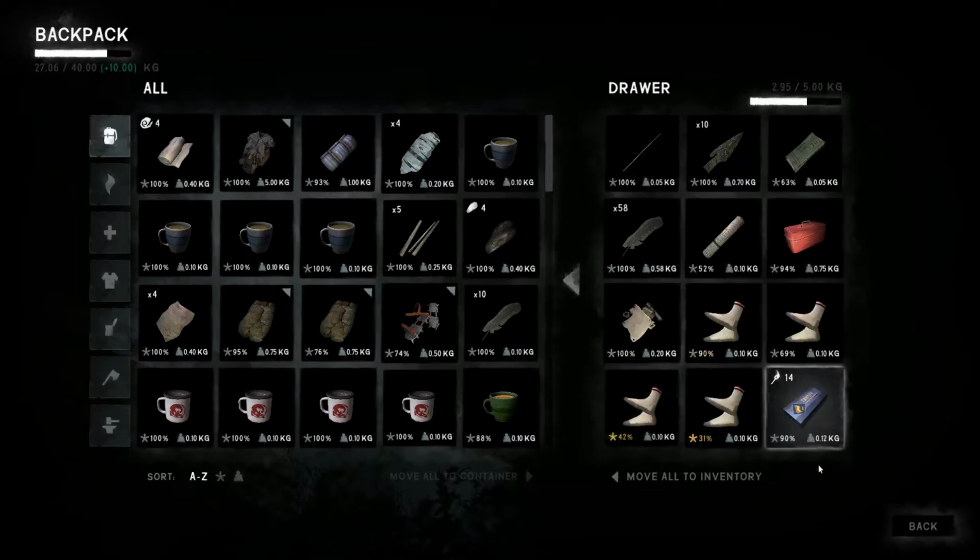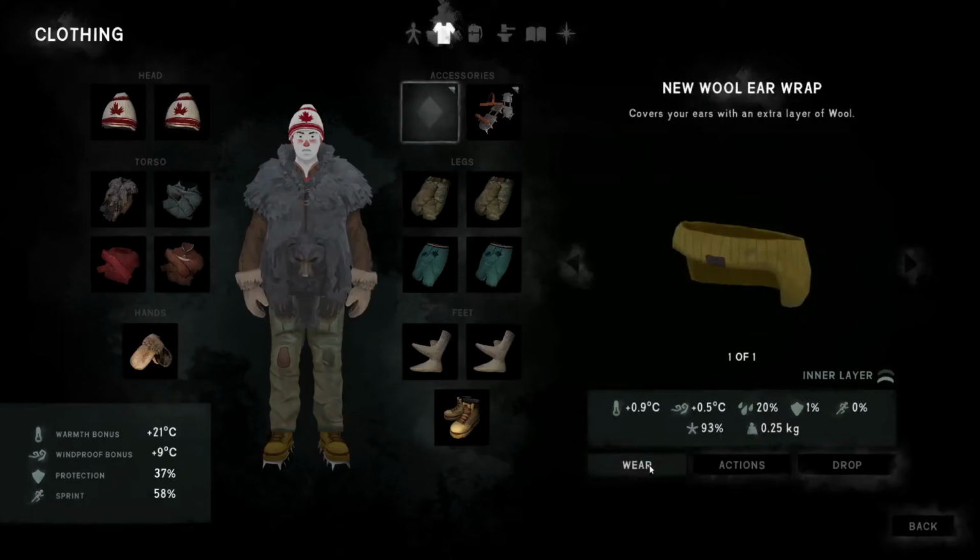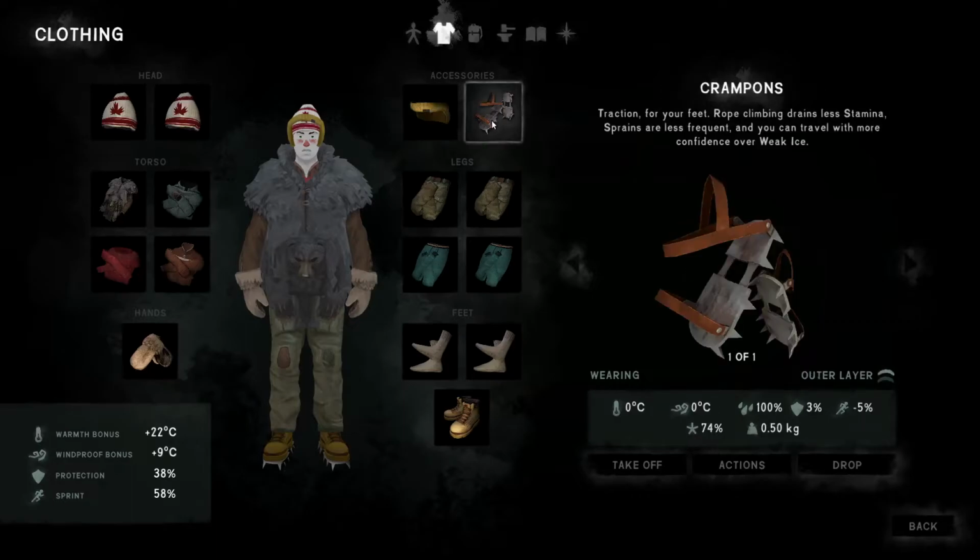We're going to put the ear wrap on the whole time, at least until I get the moose hide satchel done. And even after we have the moose hide, we'll probably put it here, and we'll just swap it out for the crampons, or we'll swap this out with the crampons when necessary. Or I might not carry the crampons at all after I get the moose hide,